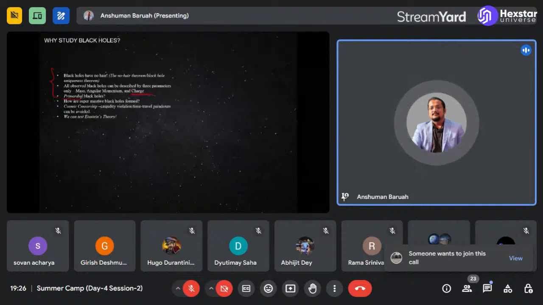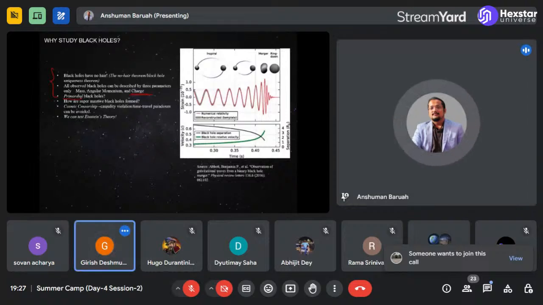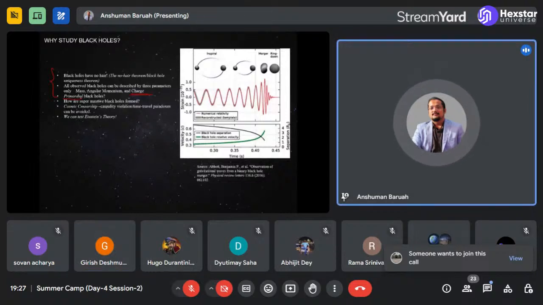And as it turns out, black holes are a very, very interesting ground to test for modifications of gravity. Now, why is that the case? Because all of these different modifications to gravitational theories that we can have, they will also give you black holes. The main question that we ask is, how are these black holes different from the ones that we observe in the universe? So these are the main reasons that I can think of why people study black holes in the first place. And we have used different kinds of methods and techniques to actually study black holes, and we have concrete experimental evidence that shows us that different types of black holes do exist in the universe.